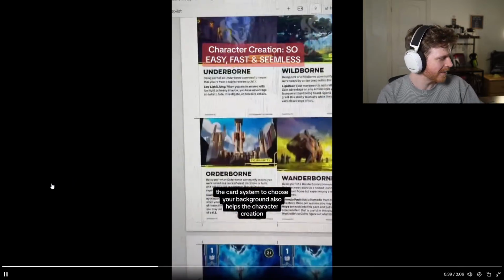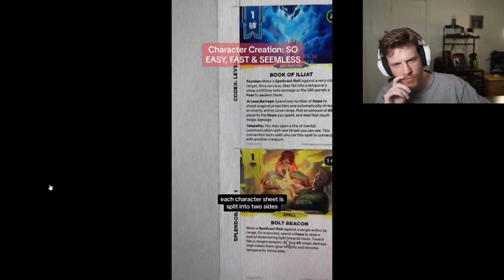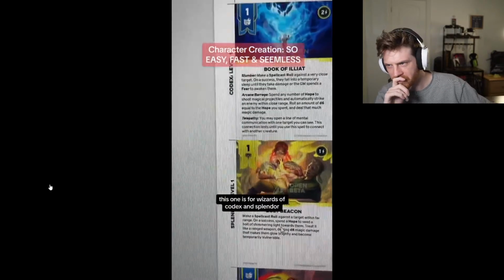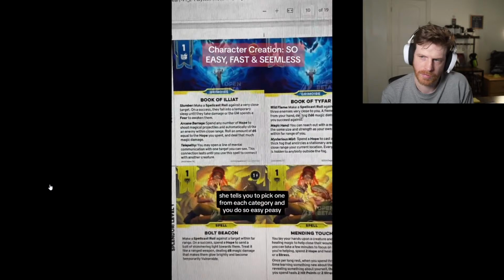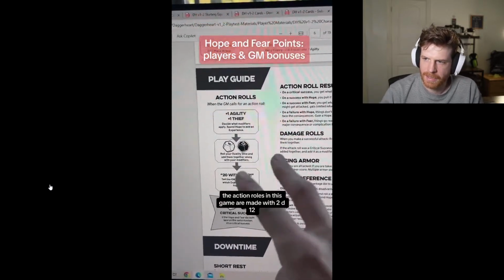Background also helps with character creation, plus the spell cards are very neat. Each character sheet is split into 2 sides. This one is for Wizards, so Codex and Splendor. Sheet tells you to pick one from each category, and you do so. Easy peasy. For those who don't know, the action rolls in this game are made with 2D...